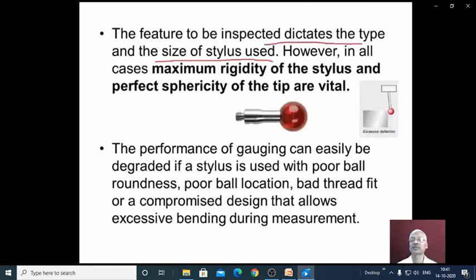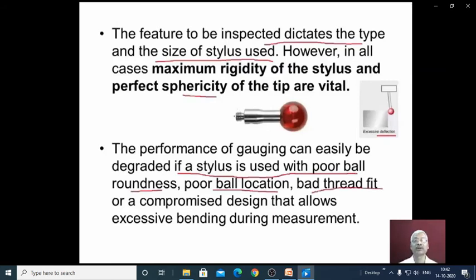That means selection of a stem of proper thickness and proper length is very important in order to avoid excessive deflection, and perfect sphericity is also very vital so that we get accurate measurements. The performance of gauging can easily be degraded if a stylus is used with poor ball roundness, poor ball location, or bad thread fit.